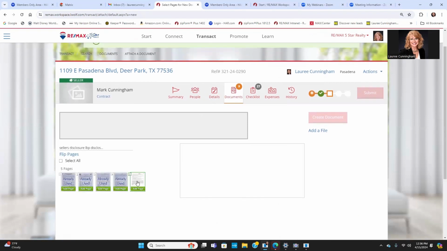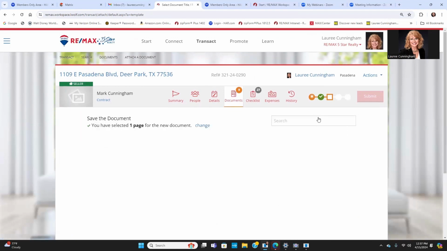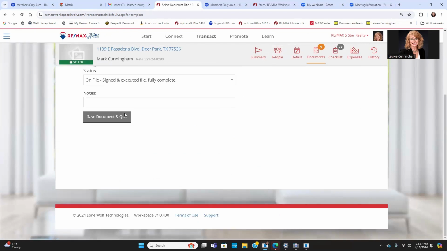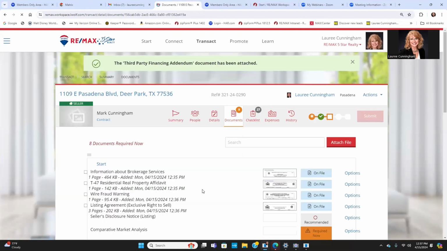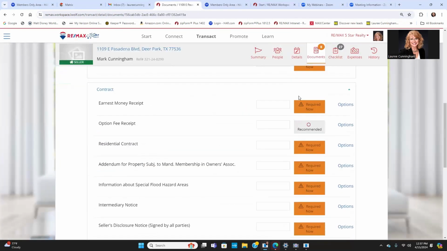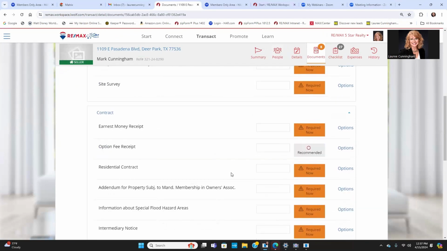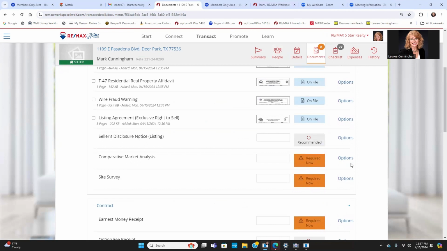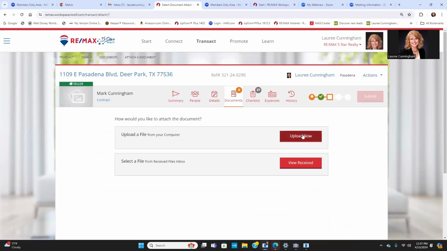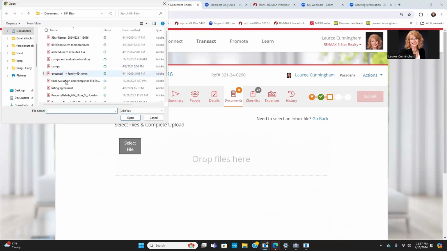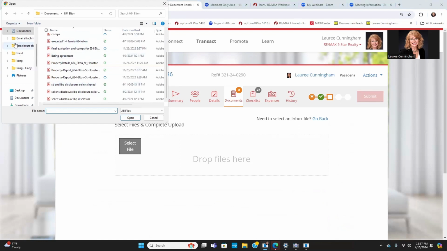If you have a file with all of your documents in there, you just put them all there, but you've got to be able to read them and see what they are. So we'll just say that's the third-party financing. Okay, so we have, let's see, 1, 2, 3, 4, 5. Ooh, we still have a lot to go. So we're just going to keep uploading documents so we can get to the submit part. This is fairly easy, how to do uploading the documents, but it's all the details I wanted to go over